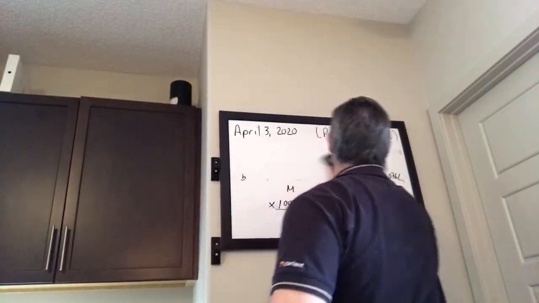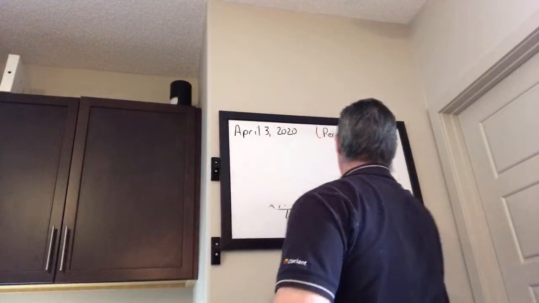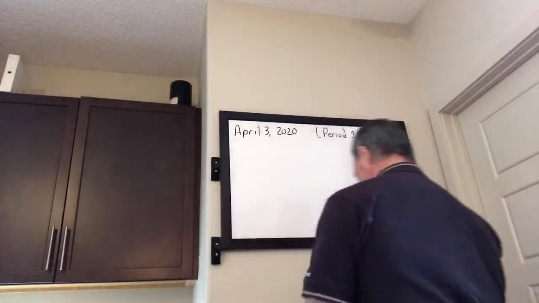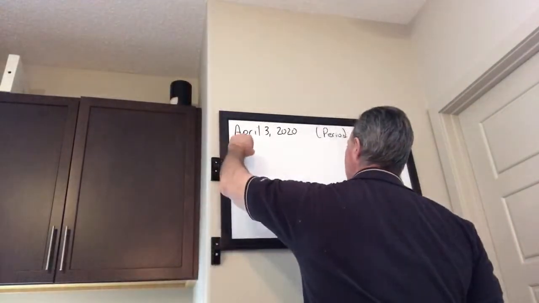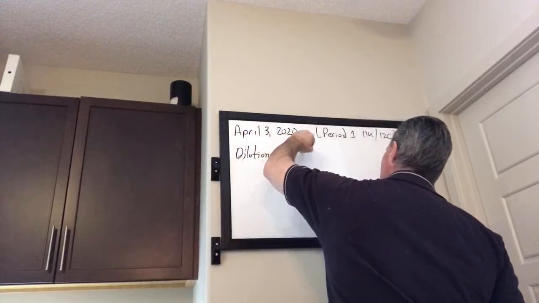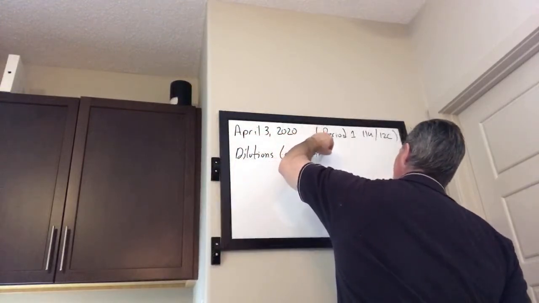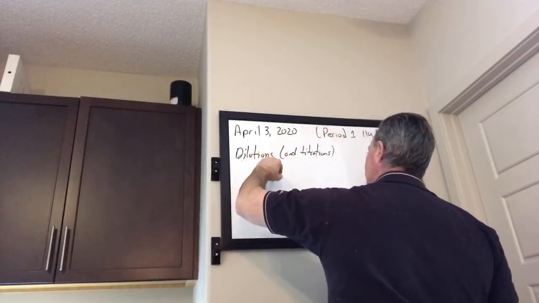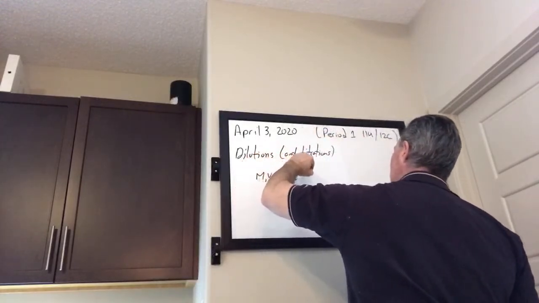It goes M1V1 equals M2V2. Mind you, the variables mean different things than they do in the physics equation. But for dilutions and titrations, you can use this formula to do the calculations. M1V1 is equal to M2V2,